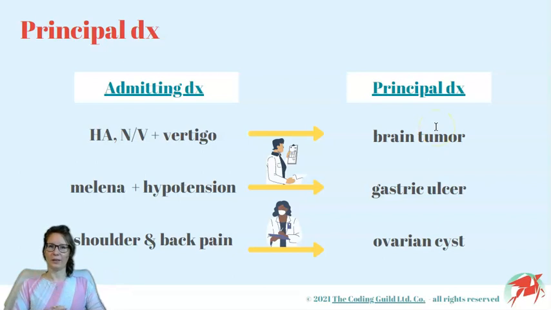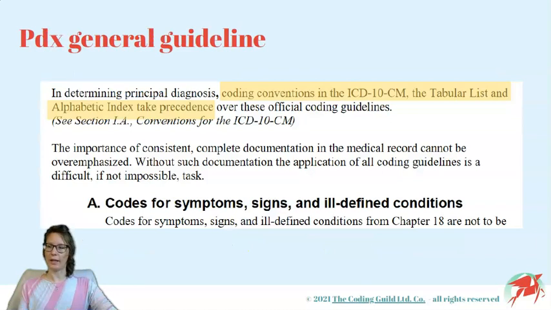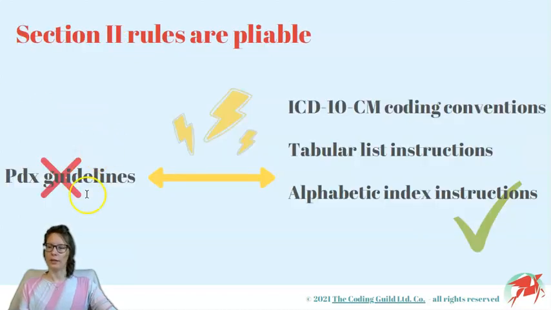Alright, now let's get started on section 2 and have a detailed look at the guidelines. Leading up to guideline A, we find the following general instruction for principal diagnosis assignment. In determining principal diagnosis, coding conventions in the ICD-10-CM, the tabular list, and alphabetic index take precedence over these official coding guidelines. In other words, if there is a conflict between the guidelines in section 2 and the instructions in the tabular, alphabetic index, or the coding conventions, we must drop the principal diagnosis guideline in favor of all these